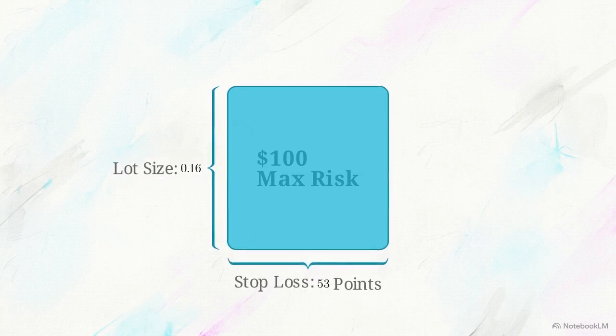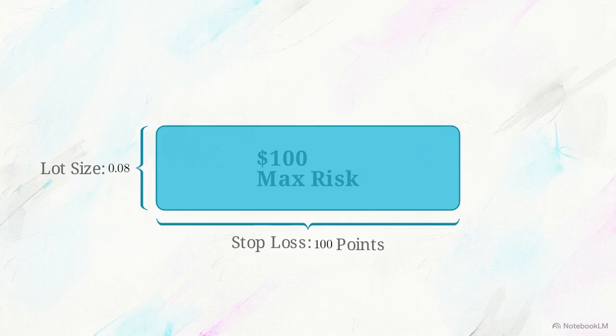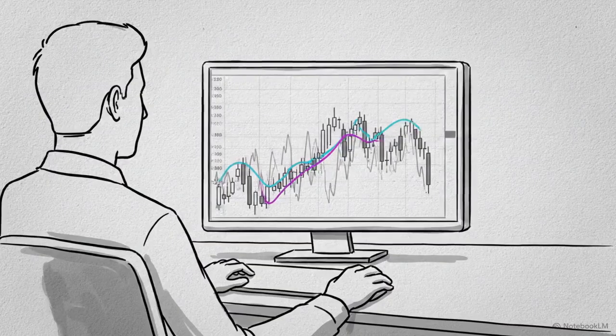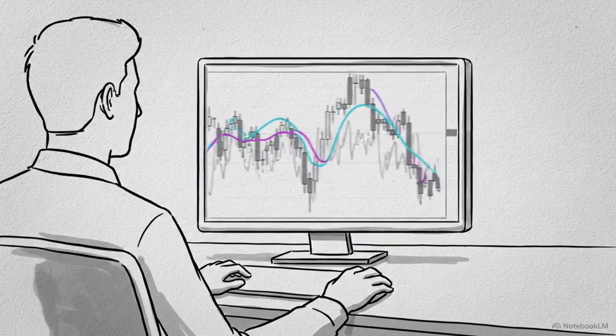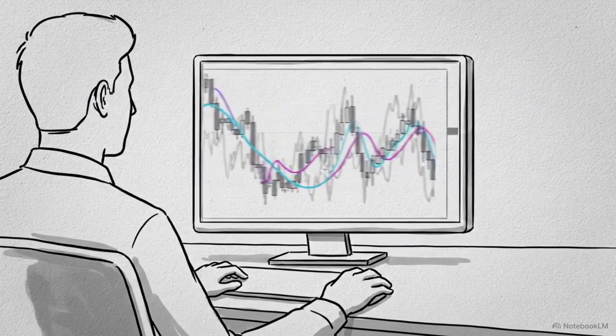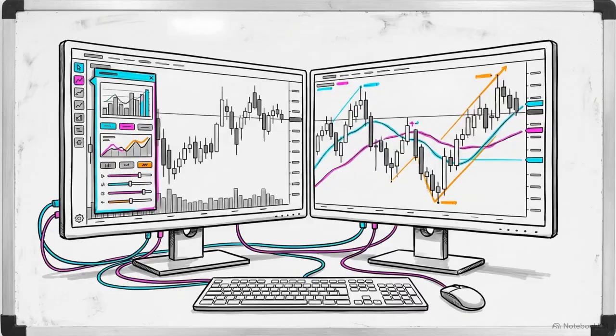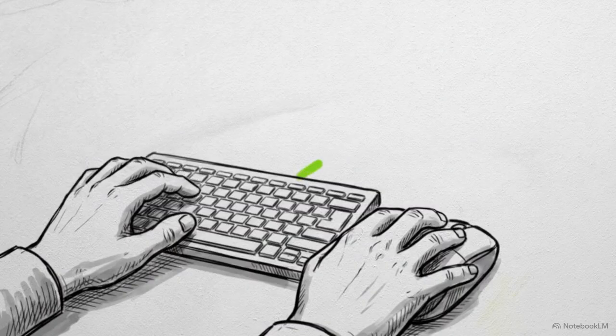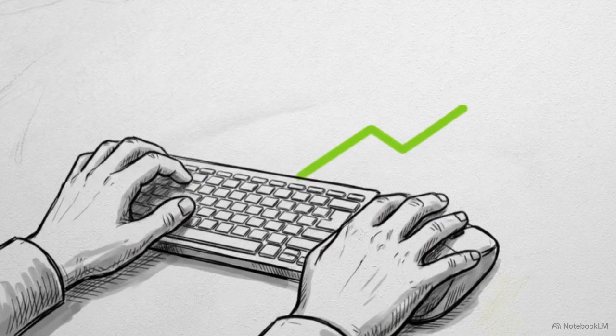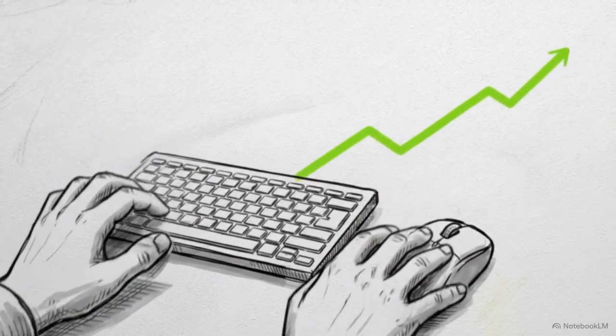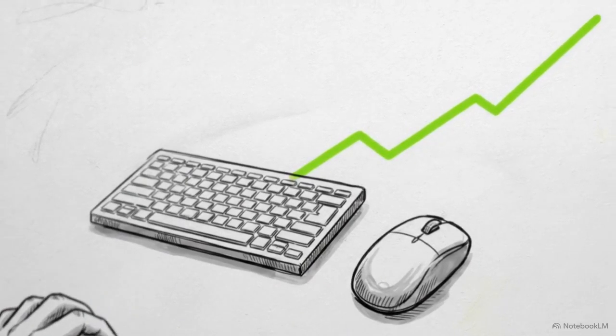But watch what happens when volatility increases. If the required stop loss widens to 100 points, the lot size immediately recalculates, shrinking by half to 0.08 lots. Regardless of how far the stop loss expands to accommodate market volatility, your actual monetary risk remains perfectly protected, locked exactly at $100. You now possess a fully automated, volatility-adjusted risk management panel operating natively within your charting software. Removing human emotion from your lot sizing and relying entirely on strict mathematical discipline provides the consistency required for long-term